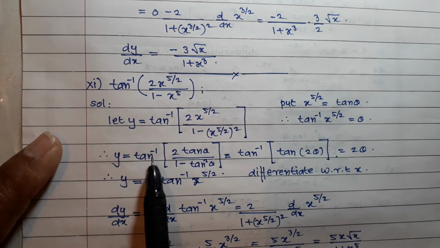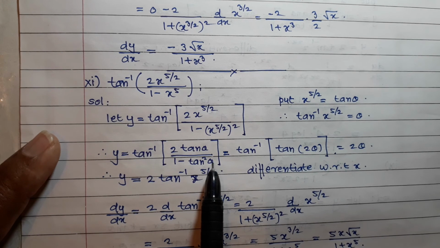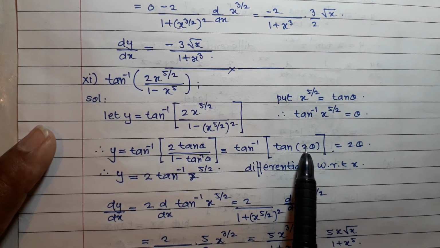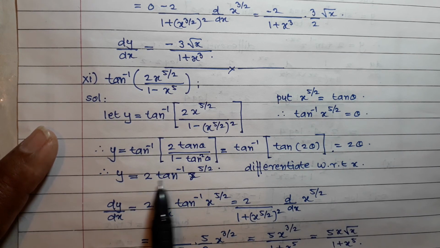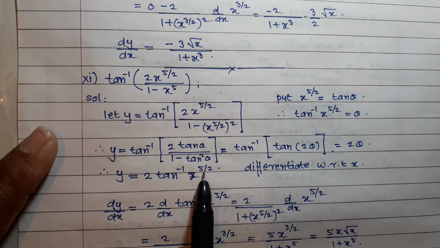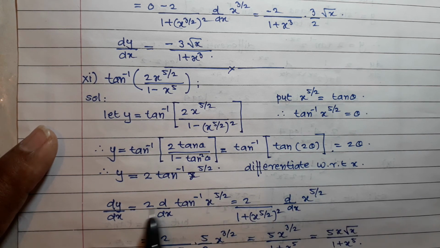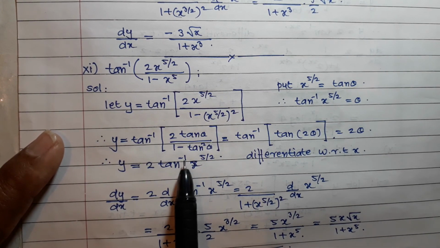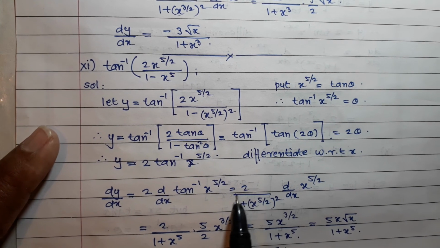y is equal to tan inverse of 2 tan theta upon 1 minus tan square theta, which is equal to tan inverse tan 2 theta, and is equal to 2 theta. So y is equal to 2 tan inverse x raised to 5 upon 2. Differentiate with respect to x: dy/dx is equal to 2 times the derivative of tan inverse x raised to 5 upon 2, which is equal to 2